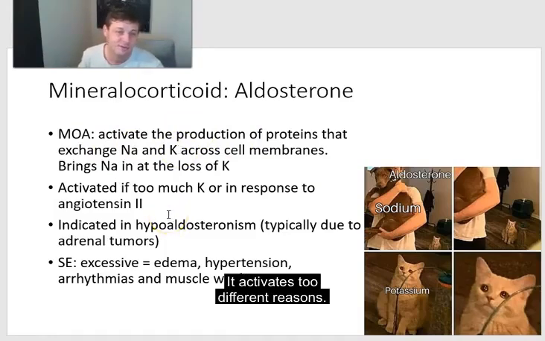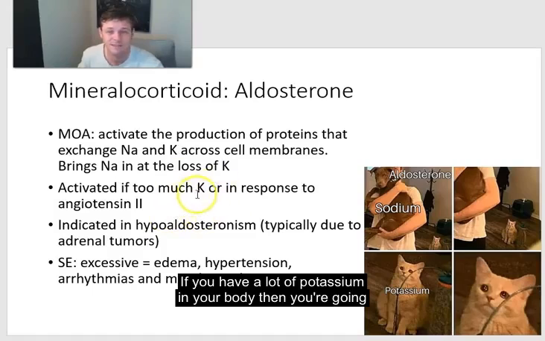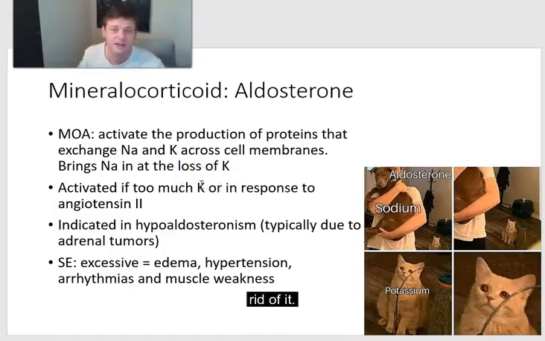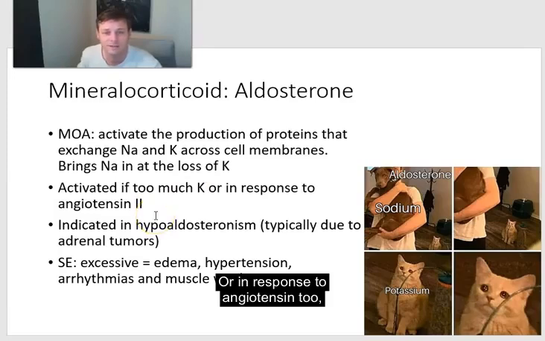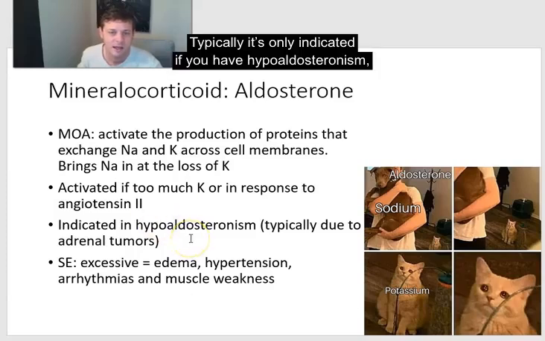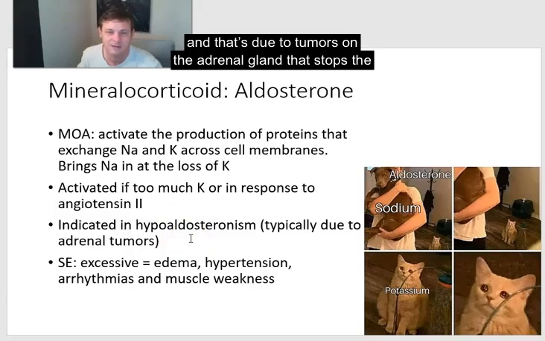It activates for two different reasons. If you have a lot of potassium in your body, then you're going to want to get rid of it, and so the aldosterone will be made to get rid of it, or in response to angiotensin II, if you remember the renin angiotensin system. Typically, it's only indicated if you have hypoaldosteronism, and that's due to tumors on the adrenal gland that stop the